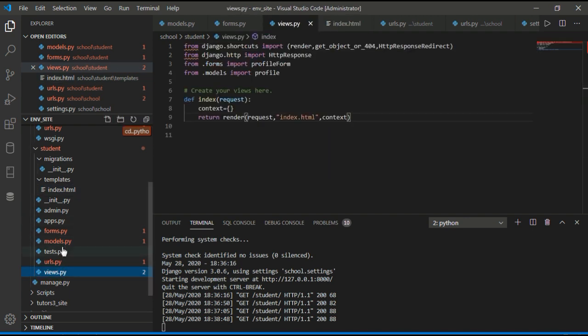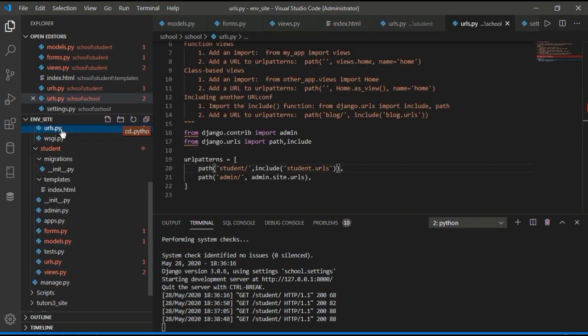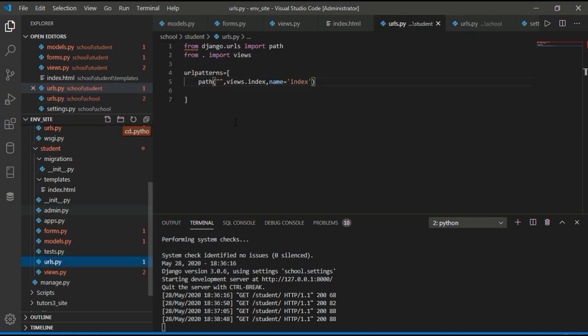Now how it says this views, when you say this urls, it will go to the urls.py of project, and it says if this is student slash, then go to student.urls.